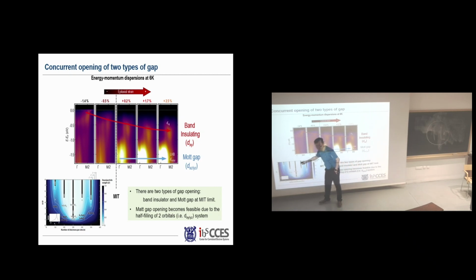Over here, if the J increases or something happens, then the UC, the critical value for the metal-insulator transition, goes to a higher parameter space. But if you have a half-filled system, it will go down. So by controlling into the half-filled system, we can make this Mott transition emerge very clearly.